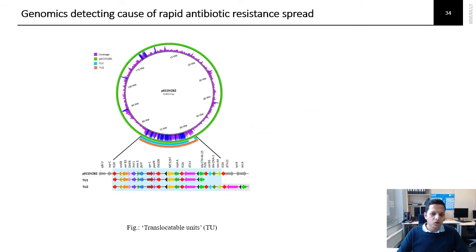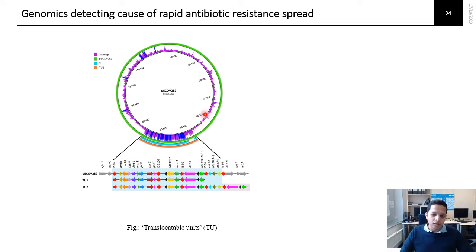Here I would like to show an important discovery that we made by whole genome sequencing. Here you can see a sequence of a plasmid, and the pink is the coverage that we got after sequencing. These are the short reads that I showed in the first few slides. These reads make the assembly, or make the chromosome, or make the plasmid.